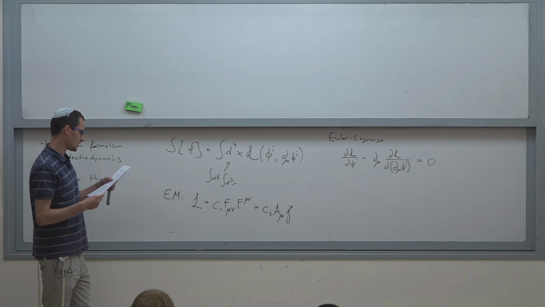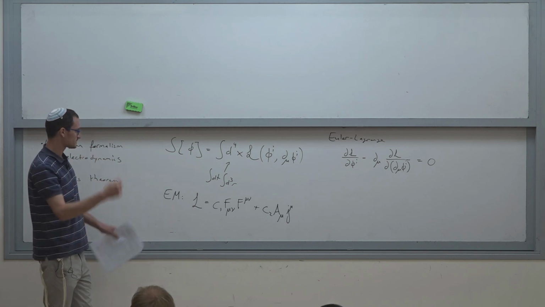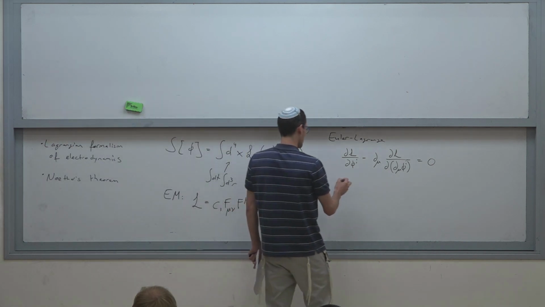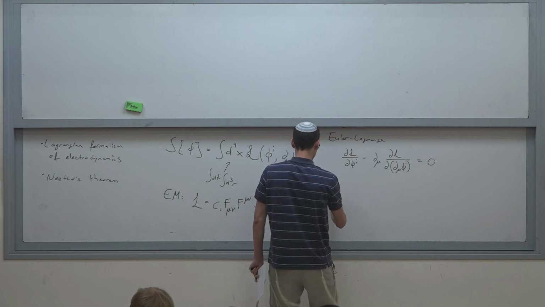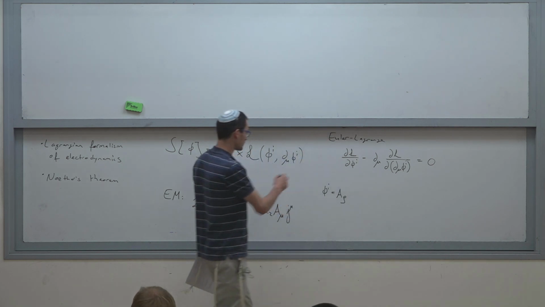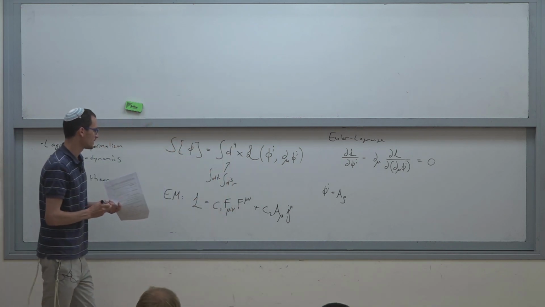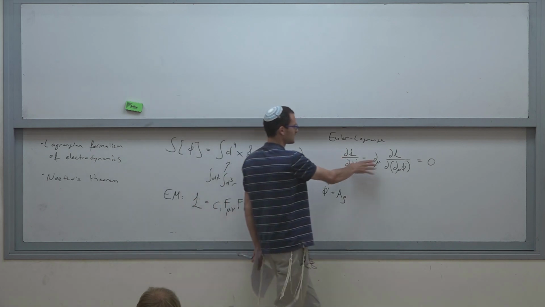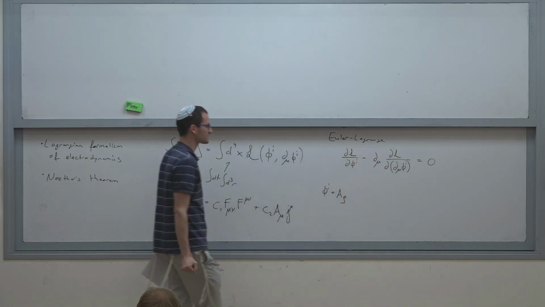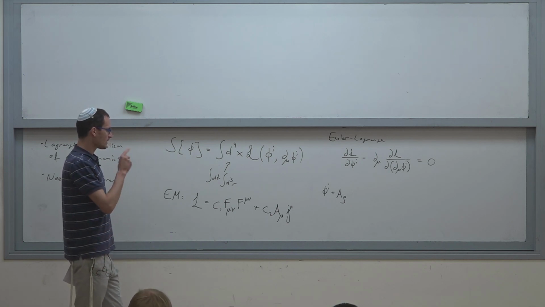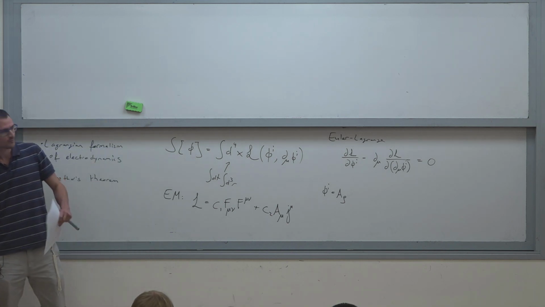So in the case of electromagnetism, there are 4 fields. The fields phi i are the potentials A rho. I'm going to use a lower index in the Lagrange equation for today, but it doesn't matter. If you take the same index and lower it in all terms, it's the same thing. It's an overall minus sign, which doesn't make a difference. One thing I want to stress here, and that's very important,